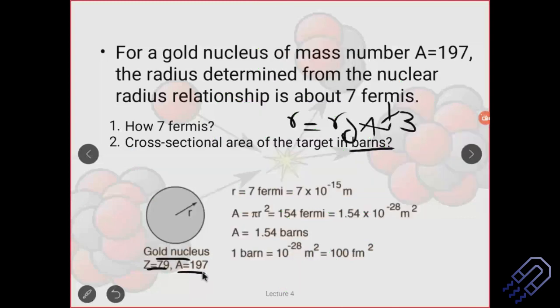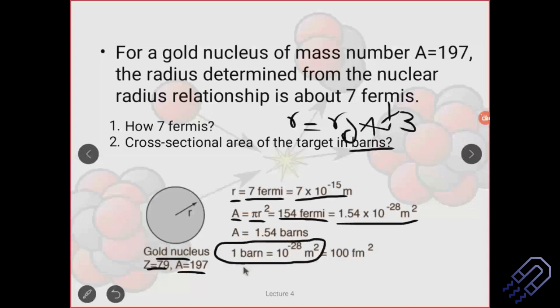Now this conversion is actually important, and I expect that all of you should know this, being a student of nuclear physics for this semester. One barn is 10 to the power minus 28 meters square. Very important. So if you have not come across this, please note it down. This is not very common. More or less, we study this in nuclear physics, and this has something to do with the barn.